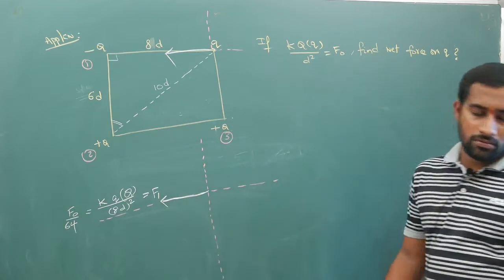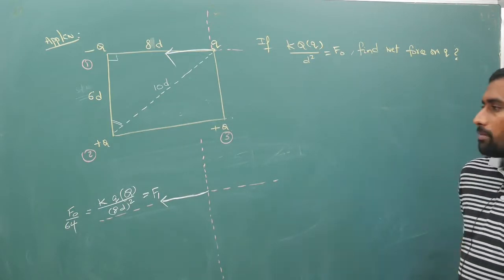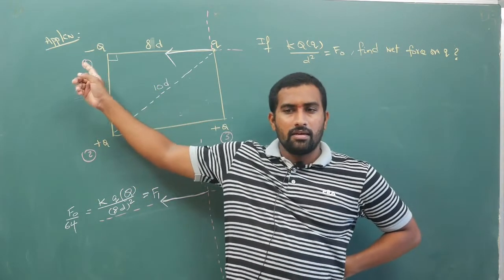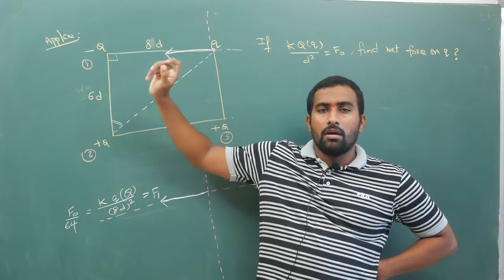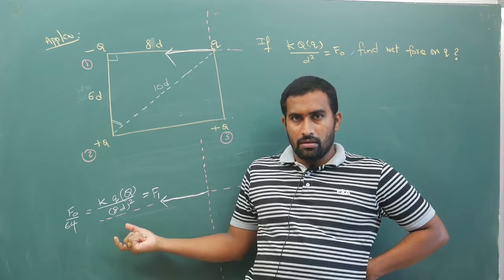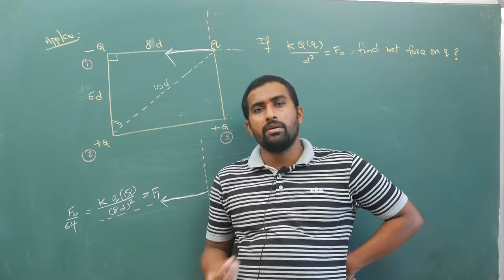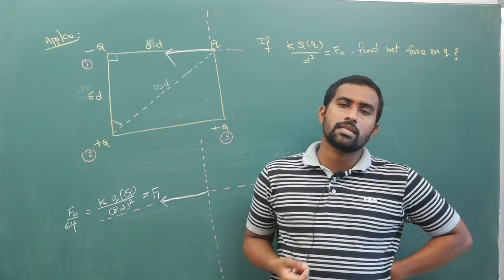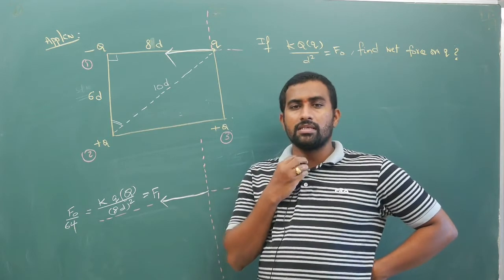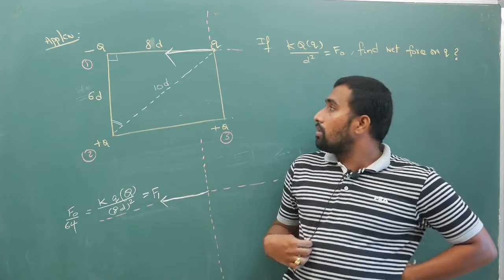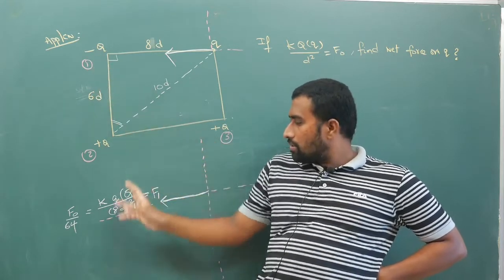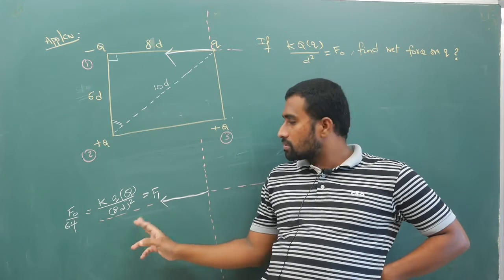Now there is an important thing that I want you to remember, where often people get confused. Here there is a negative sign. Many people will even keep this negative sign here, but do not do it. Why? Because your negative sign is taken care of in the direction for vectors. So here the direction is towards left, because it is a negative charge, your vector force F1 is towards left.